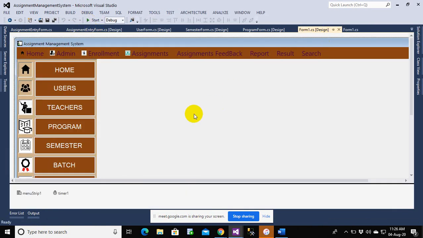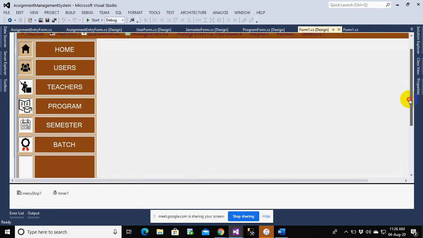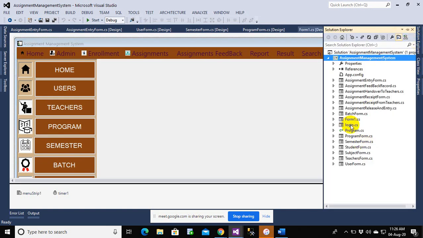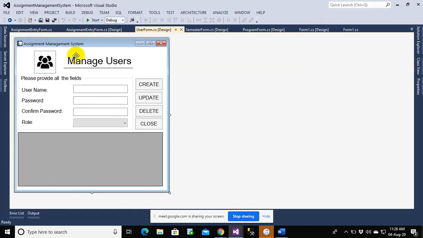So let's go to, okay, so this is my form. Let's say everyone, this is my form. This is what you are supposed to design, and I hope every one of you has done that work. So let's say in this part I have something called assignment history, batch form, login, program, semester, subject, teacher. Let's say I have a user form, and whenever I click on this create button, all the users should be created and they should be populated onto my grid view.